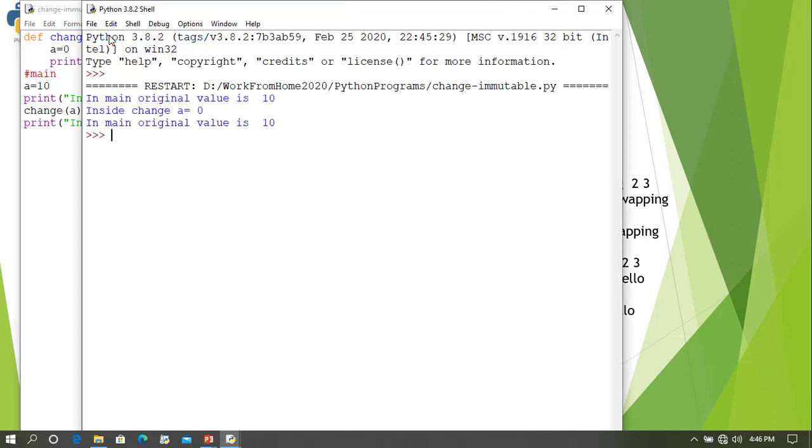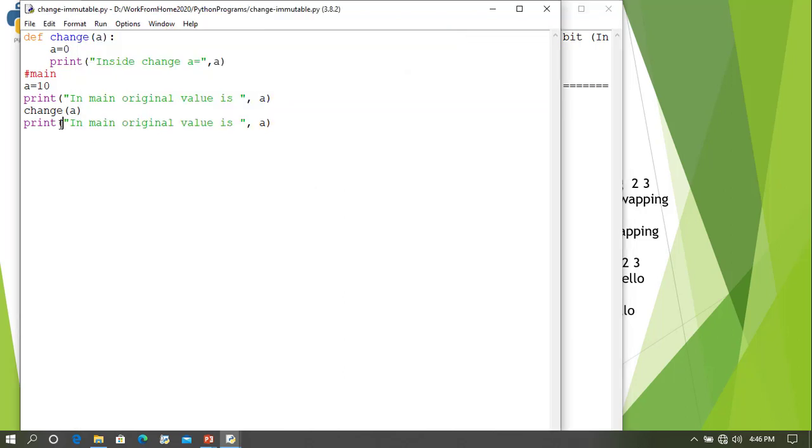See the output. In main, original value is 10. Inside the change function, the value is changed to 0, but it is not reflected in the original value. The original value remains the same. This is because a is an integer and a is immutable. Similar is the case if we take any string. Say we have assigned it star, and here we are assigning it new.